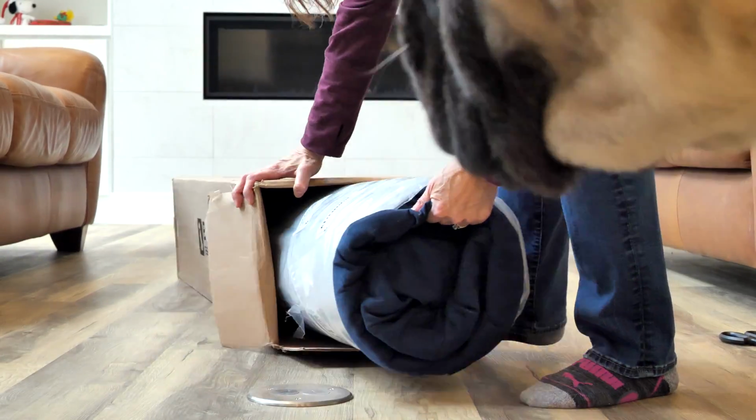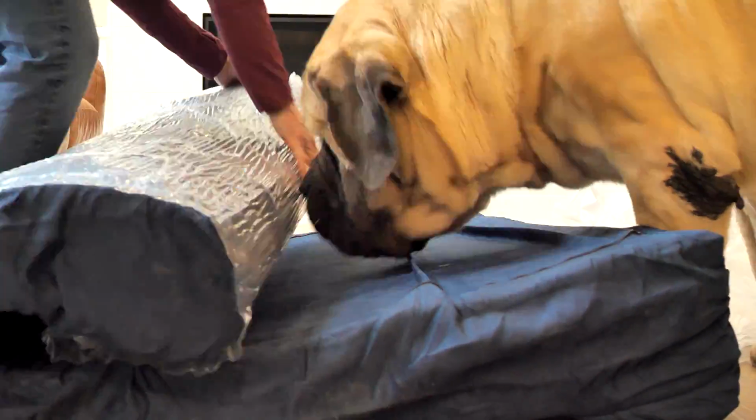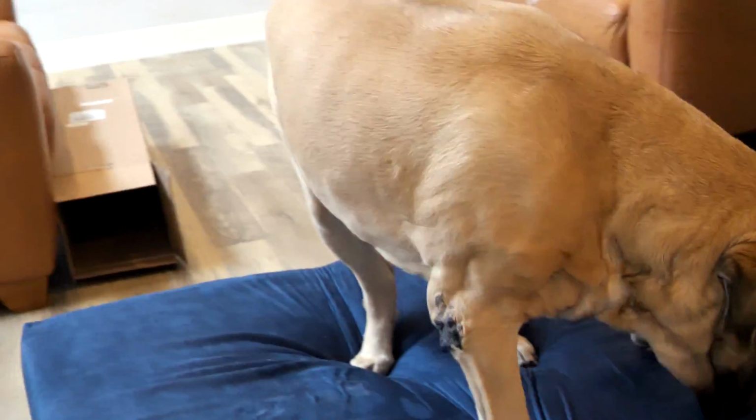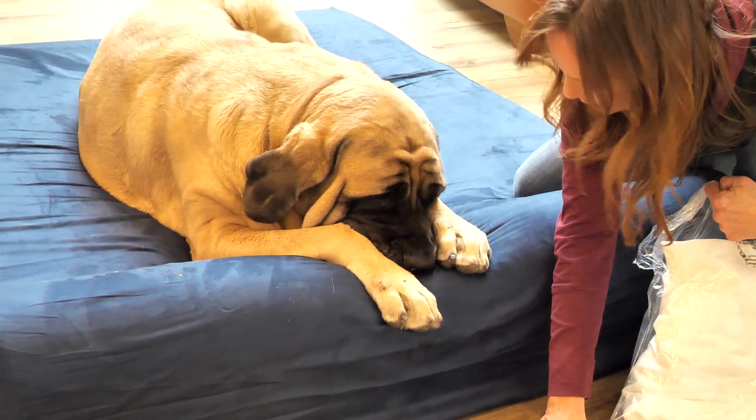A couple of things to note about Big Barker beds. First, they are beautifully made and easy to clean. So many dog beds become a disgusting, stinky, and embarrassing eyesore in an otherwise clean living room. Not Big Barker. These beds maintain their shape perfectly and are so beautiful they exist like a separate piece of furniture in your room. And they come in several varieties and sizes to fit your specific dog and your home,